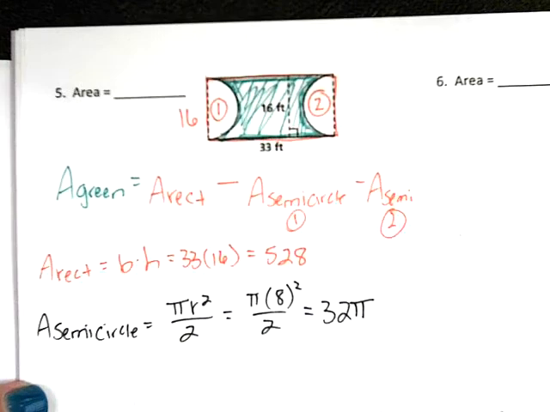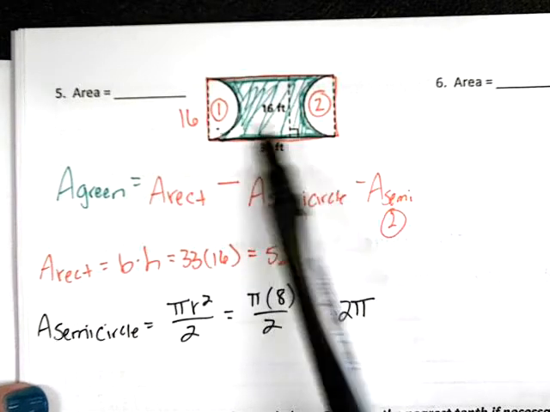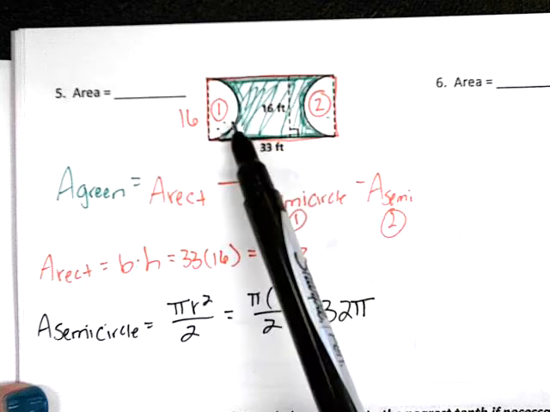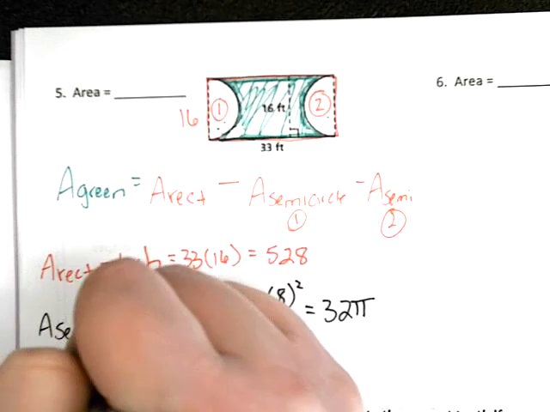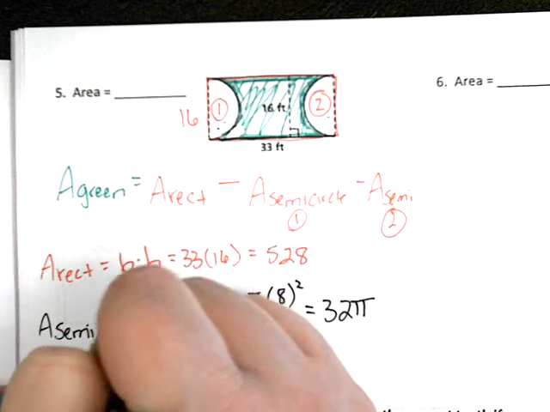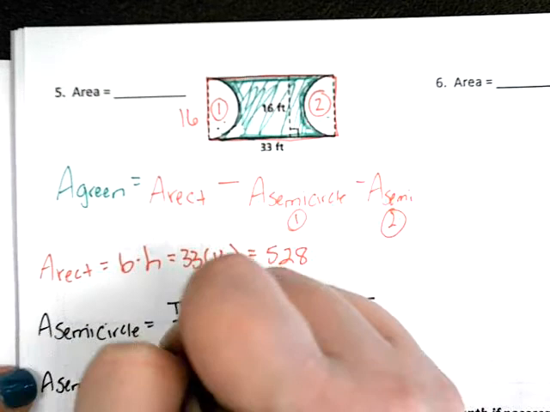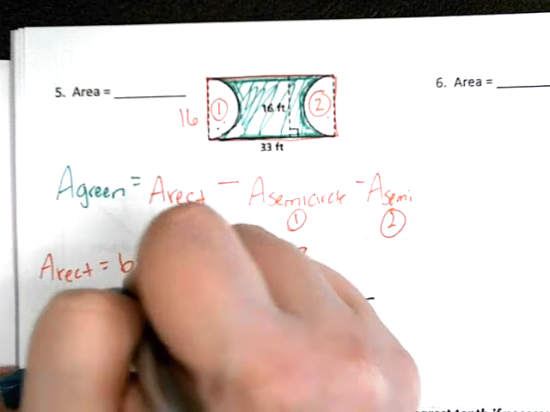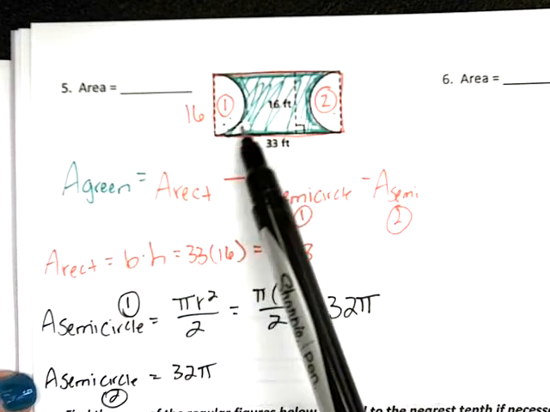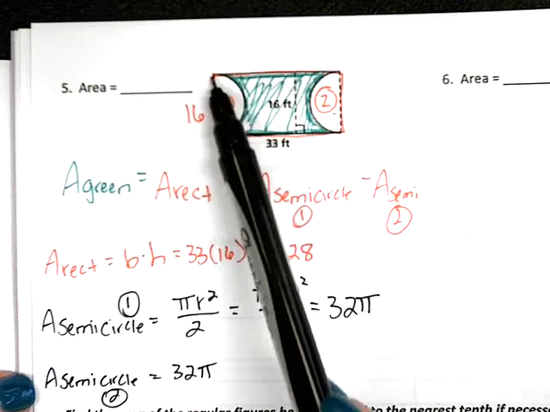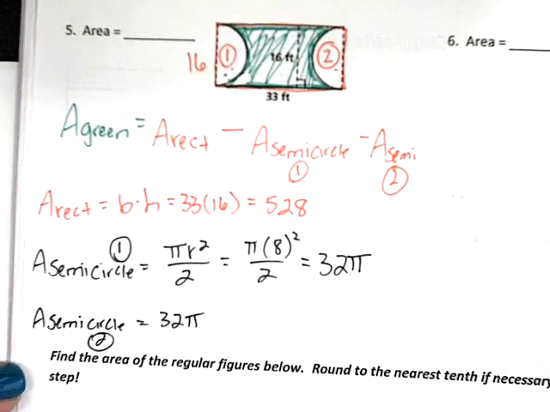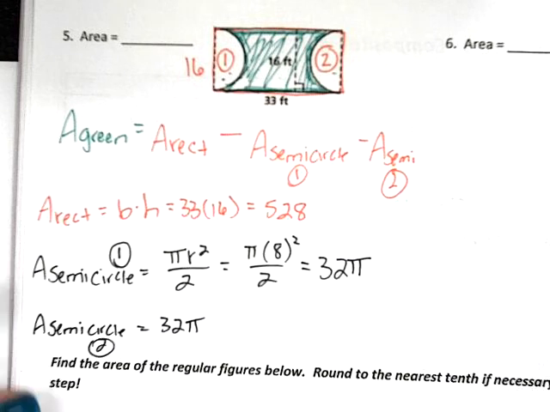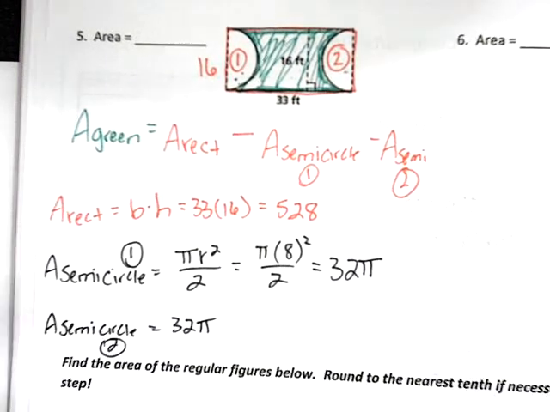And then actually we luck out because semicircles 1 and 2 are exactly the same, which means the area of semicircle 2 is also 32 pi. So this was for semicircle 1 over here. It had a radius of 8, and this one also has a radius of 8. Since we're cutting both of them in half, they end up being 32 pi each. So that means